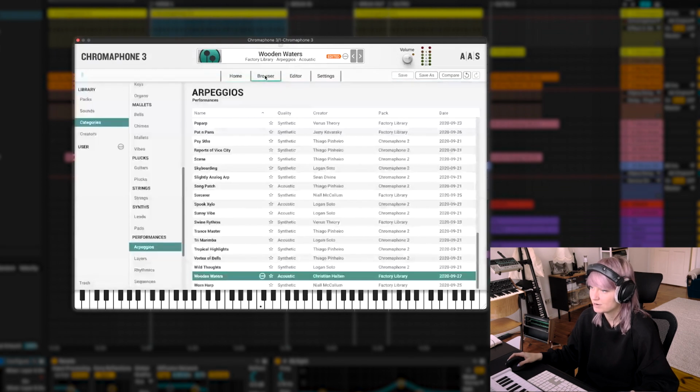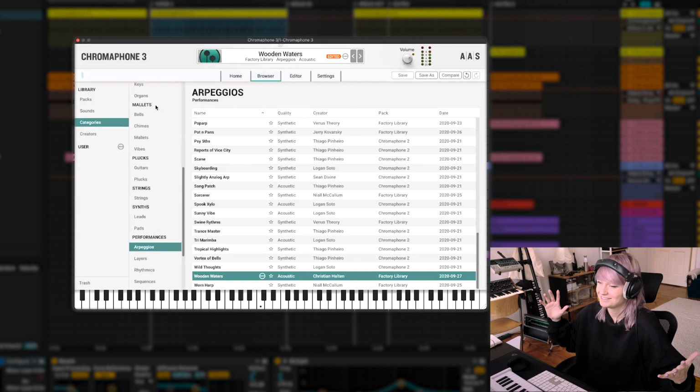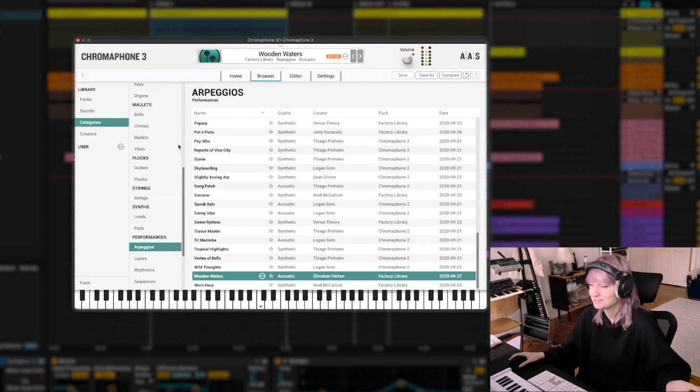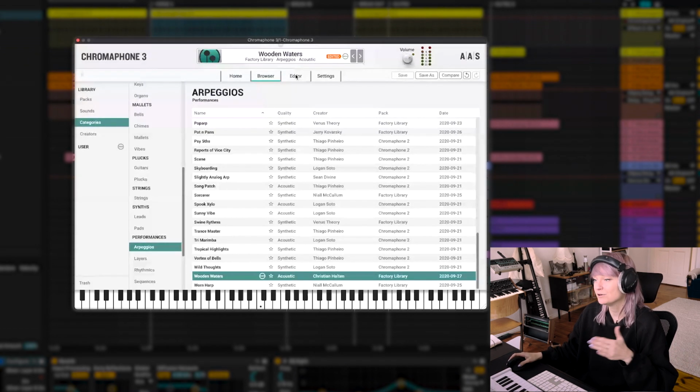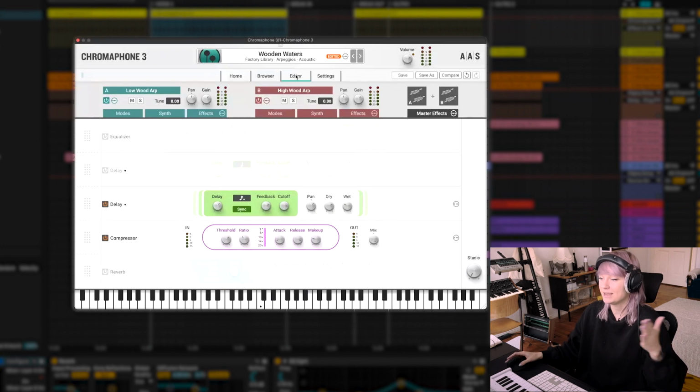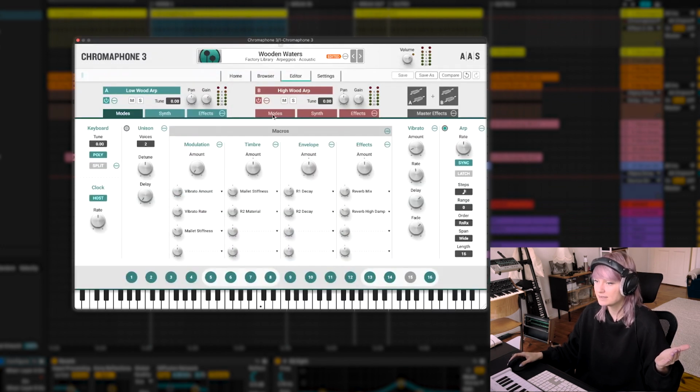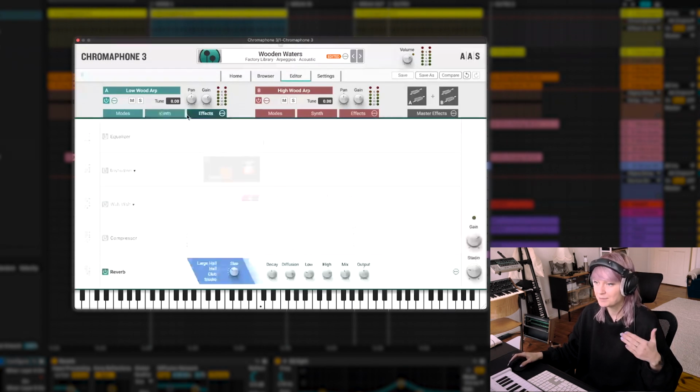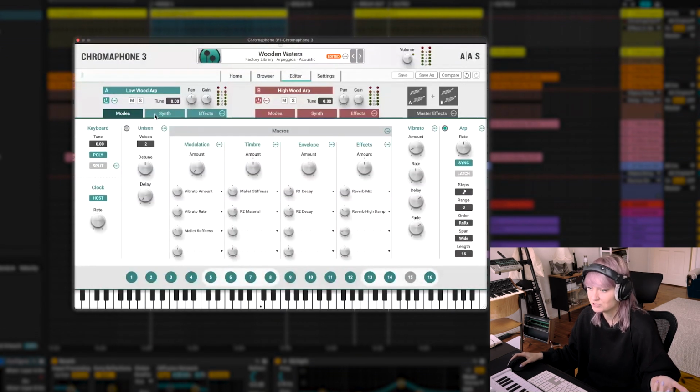So if I go to the browser, you can find of course all your presets, and you can even make your own, you can star them, you can favorite them, and you can find all the different categories basically. But when you go to the editor, you can find layer A and B. And it has different tabs for different functions. So if I go to the mode tab, you can find here the two voices